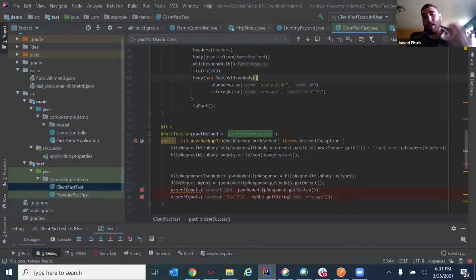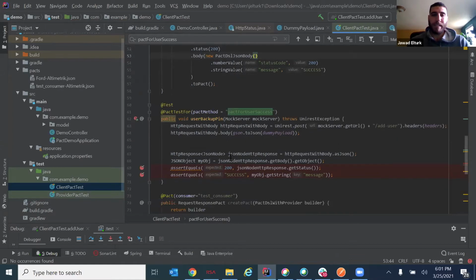Okay, so the next thing here is basically a test, only a test to do what? To verify if whatever is in my contract is actually working as I'm expecting. So what I have here is basically a mock server. The mock server can be injected directly into my test method. It comes as part of Pact consumer. Another way to test this is using the mock provider rule. This is part of JUnit 4. Since we are using JUnit 5, they provide us with this method